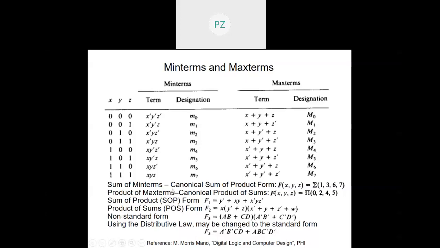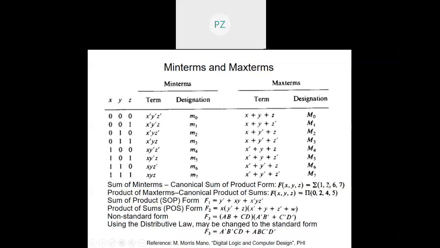Now a function can be written in these forms: sum of minterms, which is also alternately called canonical sum of product form. For example, when I say a function of three variables is summation of 1, 3, 6, 7, that means I've got a function f which has got a 1 here, a 0 here and a 1 here, because the min term 1 means I'm talking about small m1.